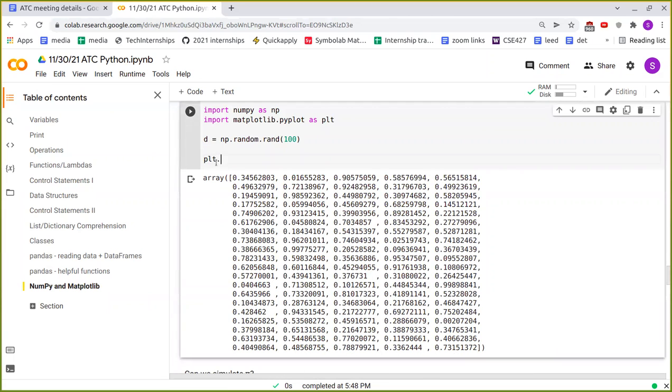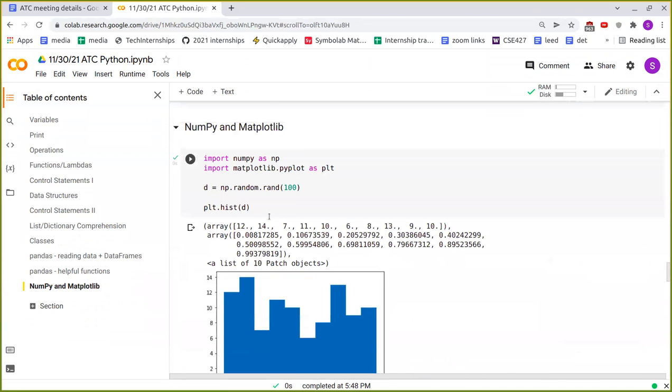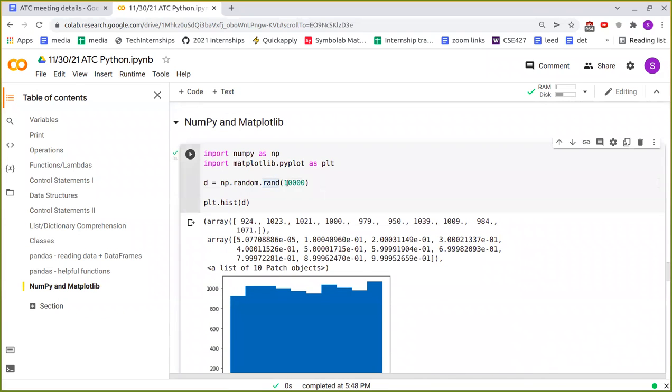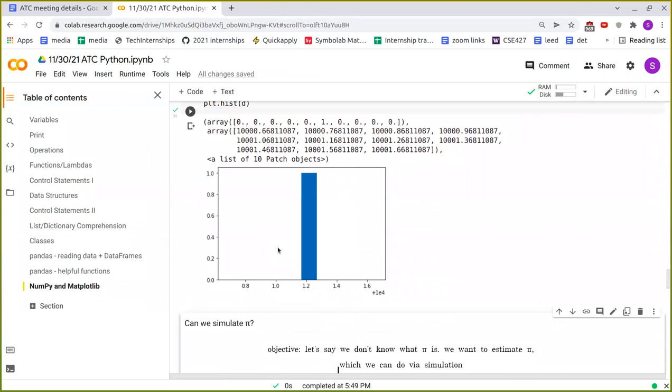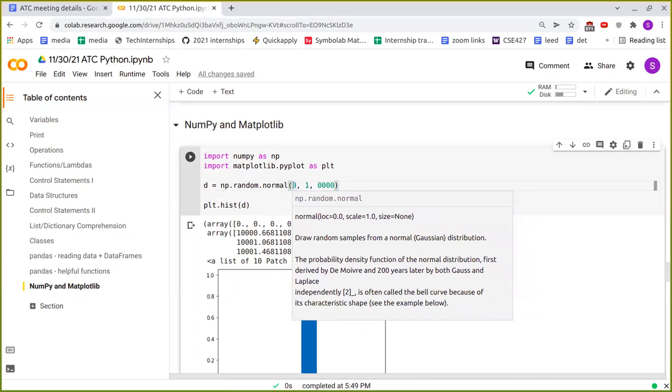Let's plot this with plt.hist. Wait, no, this is normal. 0, 1. So this is the mean. I can't remember. I think this is